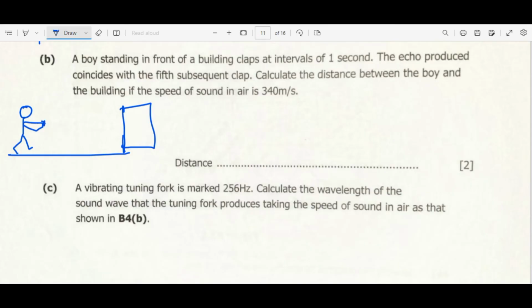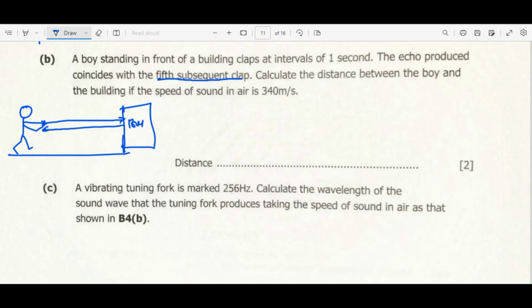Right, now let's look at what happened. So the echo produced coincides with the 5th subsequent clap. Calculate the distance between the boy and the building if the speed of sound in air is 340 meters per second. So the echo, the distance, we want the distance from here up to here. But for this person to hear an echo, the same distance must bounce on this building